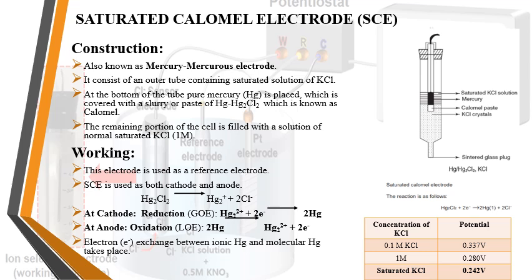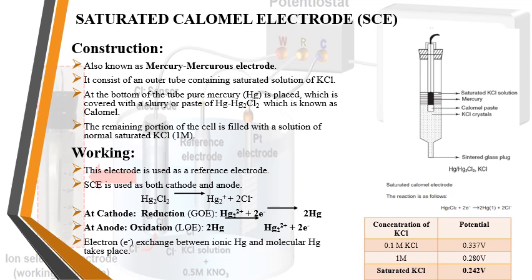It consists of a porous disc at the base of the electrode, which is clogged. Above it is the glass tube. The glass tube is filled with potassium chloride crystals, and above it is filled with the calomel paste, which is prepared by grinding mercurous chloride with pure mercury and a minute milliliter of the saturated potassium chloride solution. Then pure mercury is placed in the electrode